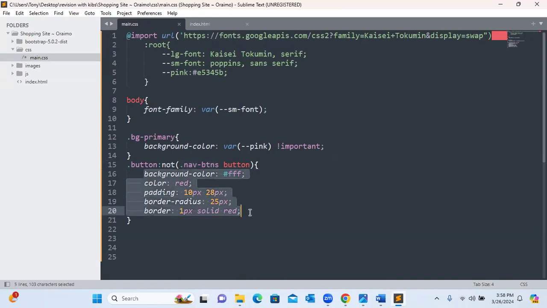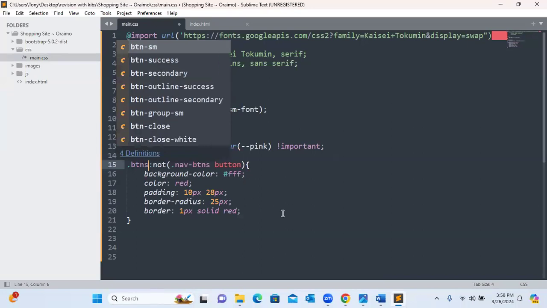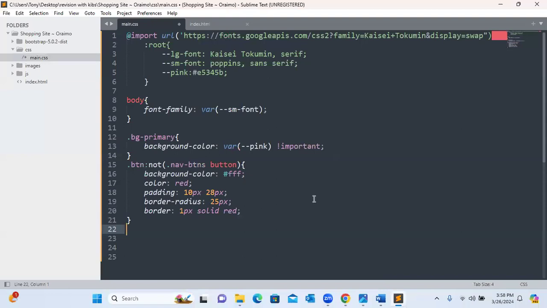So whenever we have this class, it's going to be excluded from these styles. That's why we are talking about buttons, or btns, whenever you write them. So make sure that whenever you are talking about a class name and then .not, it means that whatever classes are declared in between are going to be excluded. Now, going forward,